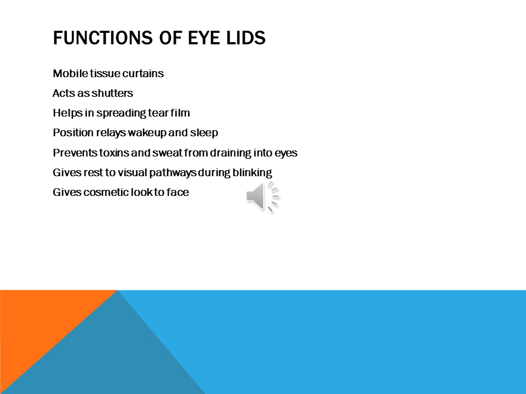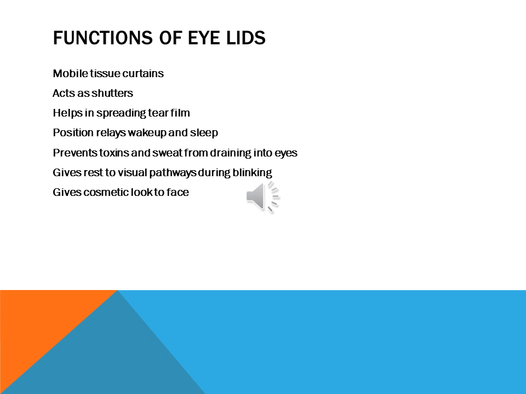They help in the spreading of the tear film. With each blink, the tear film is uniformly distributed on the eyeball. It is very essential for ocular surface integrity, because if the tear film smearing is not uniform, we will end up with ocular surface disorder due to dry eye. That is why it is very important for the spreading of the tear film.